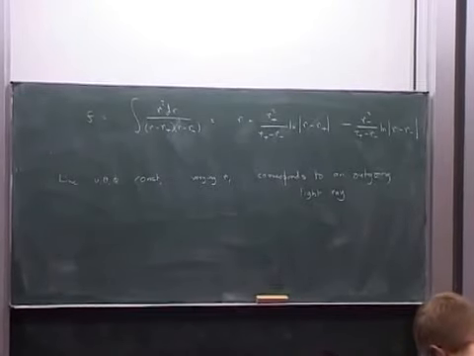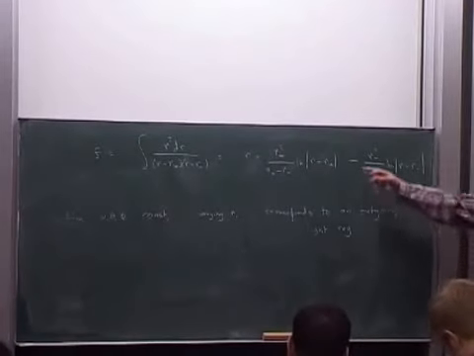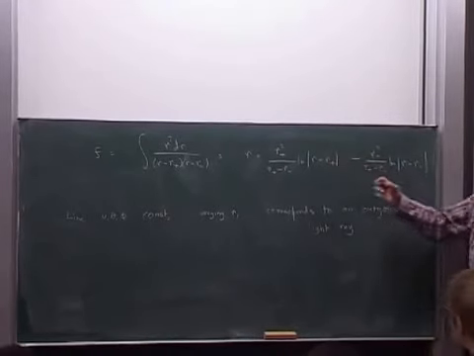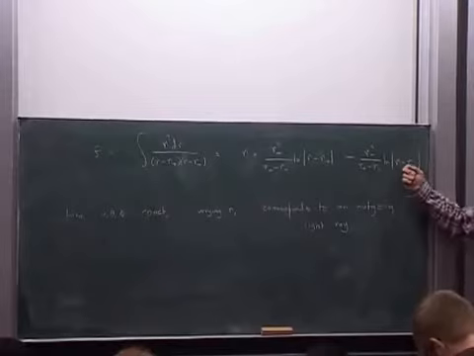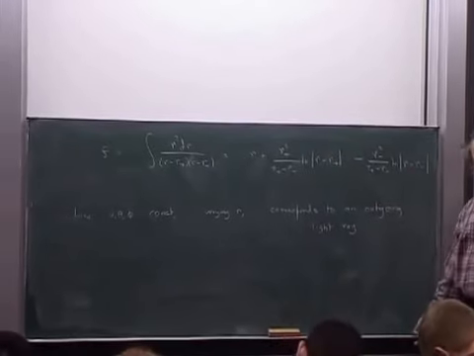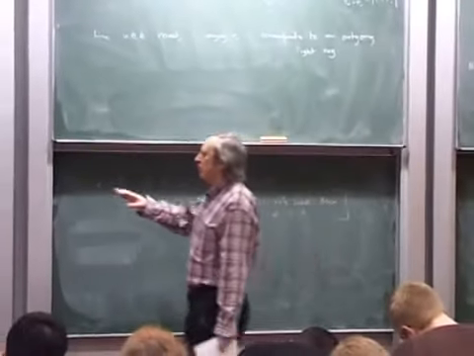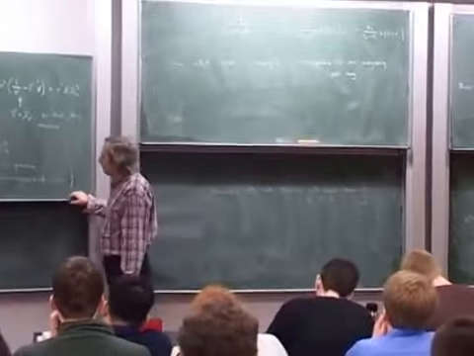As you might expect, there is something funny about this function when r equals r plus and when r equals r minus. That's because this thing will blow up there, or this thing will blow up here. But you can see that we have got rid of all the coordinate singularities, because in this form of the